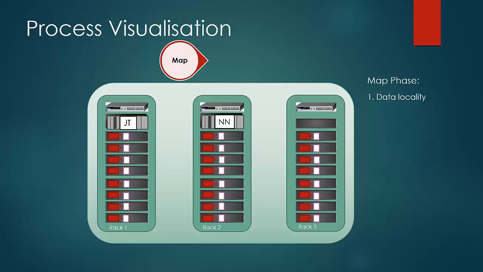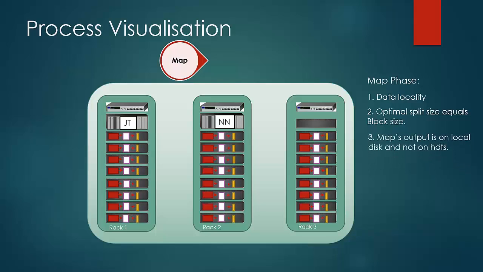Hence, the optimal value of split size is equal to the block size, as one complete block would be present on one node. Thus, every map would have its split located on the storage itself, and so split would be equal to block. Then the map task would carry out its process and write the output on the local disk and not on HDFS with replications.